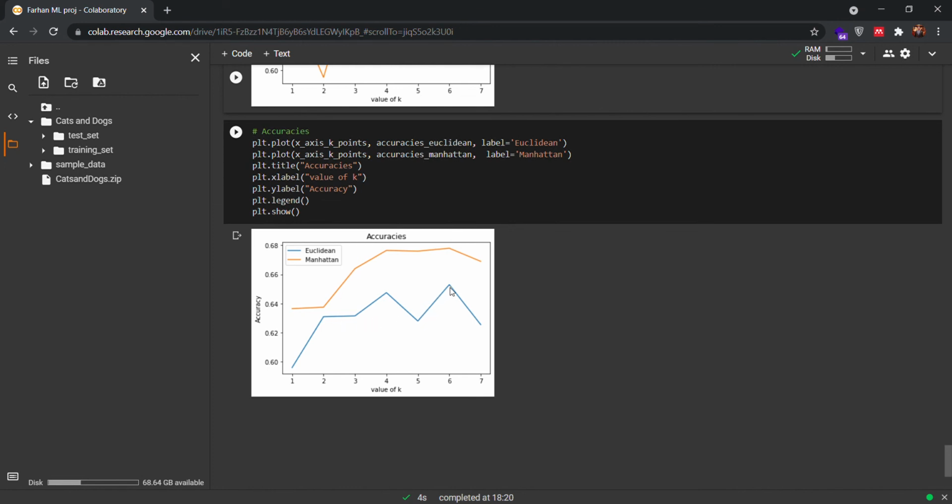As we can see, the accuracy is pretty much better with Manhattan, and the F1 score is more consistent and reliable with Euclidean. So that's all, ma'am. Thank you.